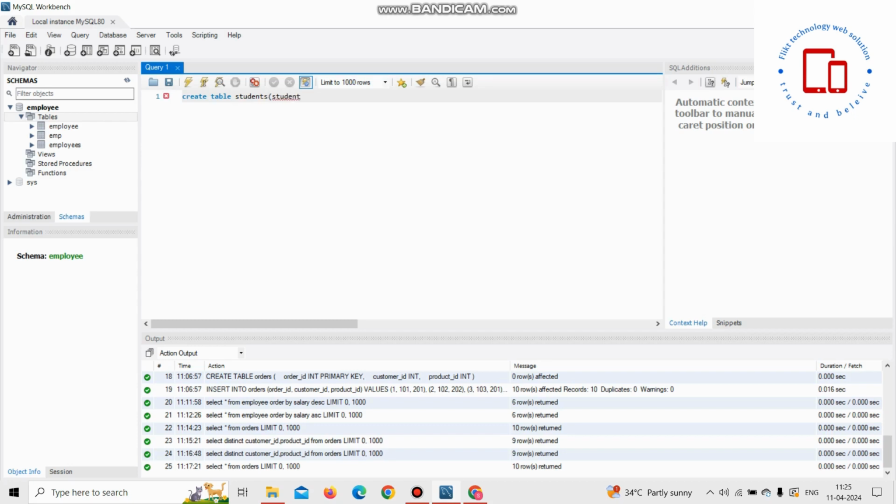Here I am going to give student ID INT PRIMARY KEY, and name with VARCHAR of 50, and a grade as VARCHAR of 10. If I press this,